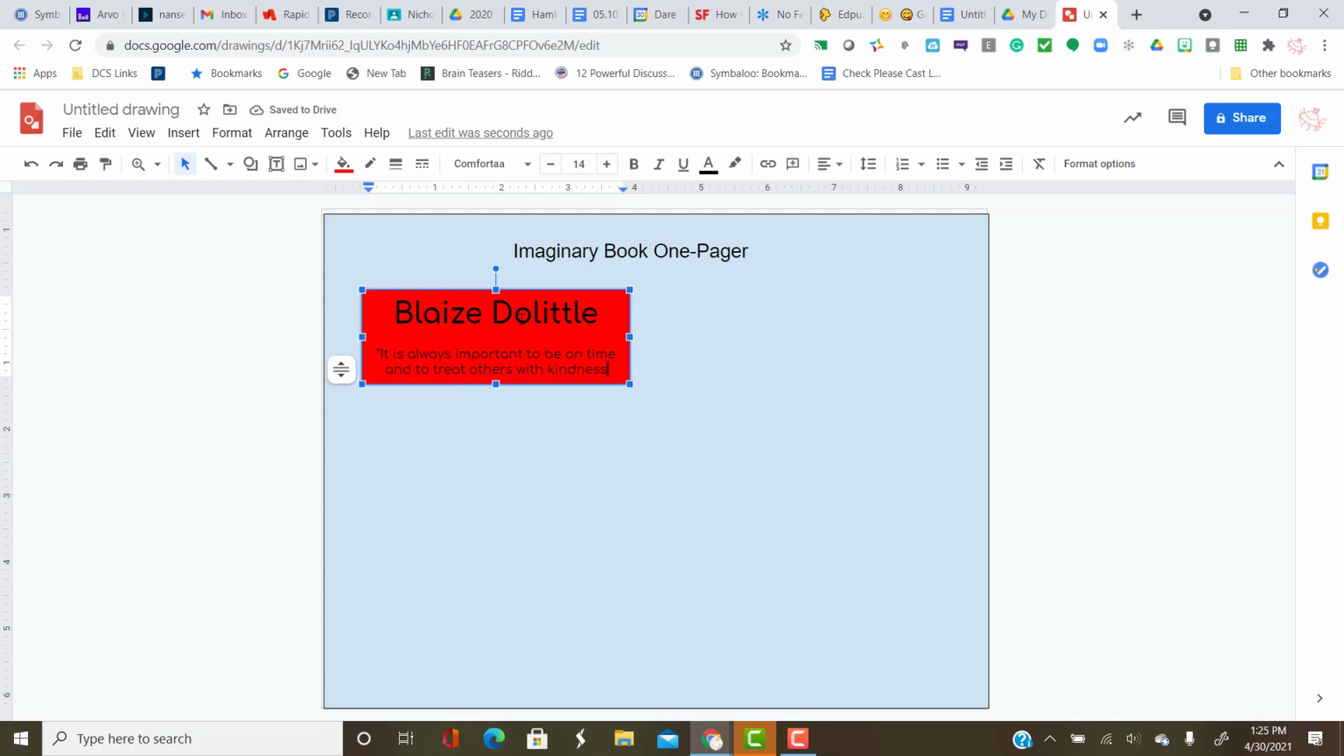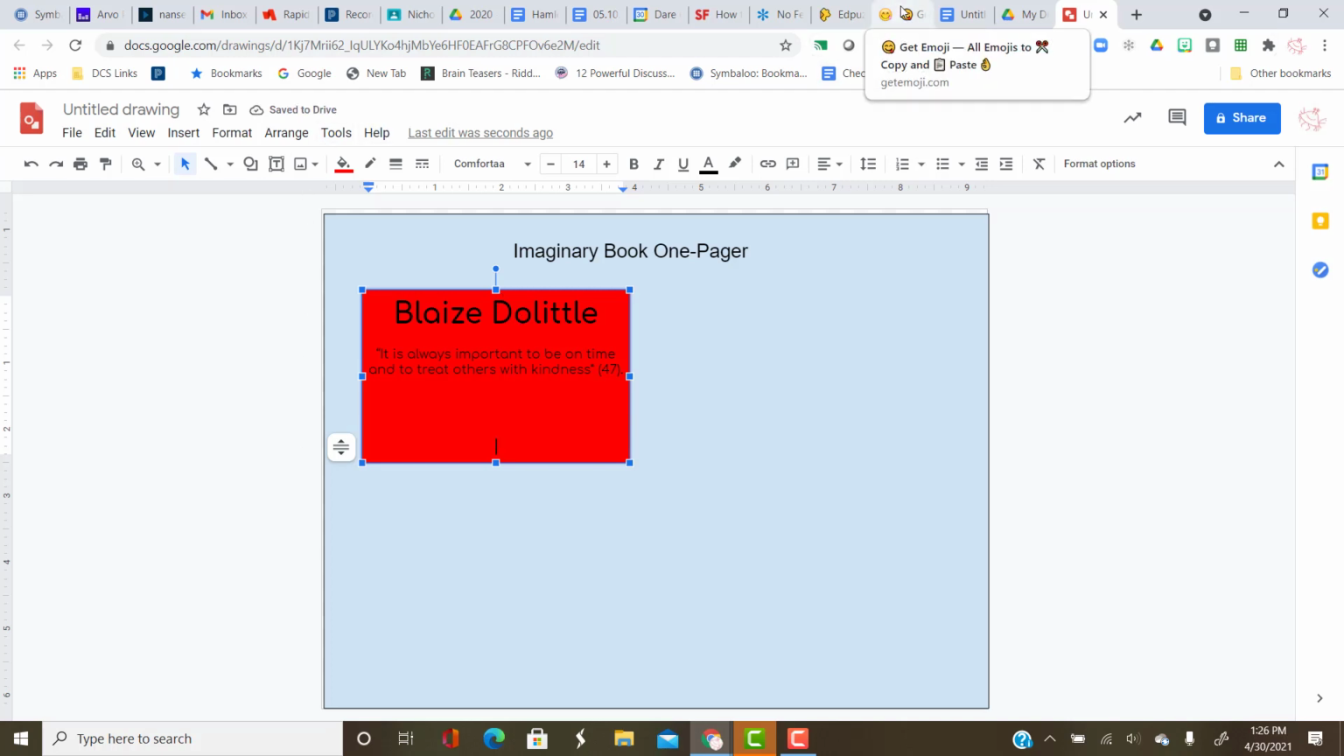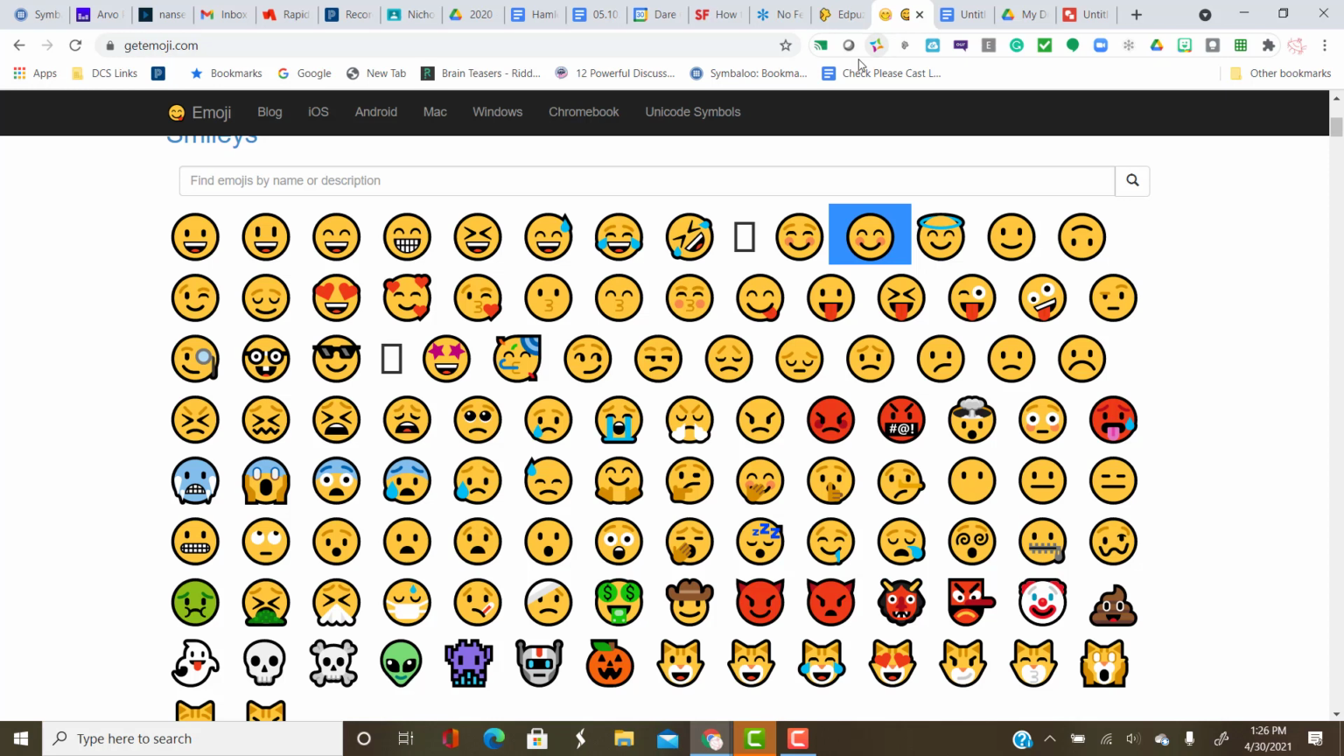Remember, you do not put a period at the end, but simply close the quote, space, then type an open parentheses, then the page number of the work you got the quote from, close the parentheses, and then the period. Now hit enter 3 or 4 times to expand the text box to make room for the emoji and the picture. Go to the Get Emoji website that I put a link to in the assignment and pick an emoji